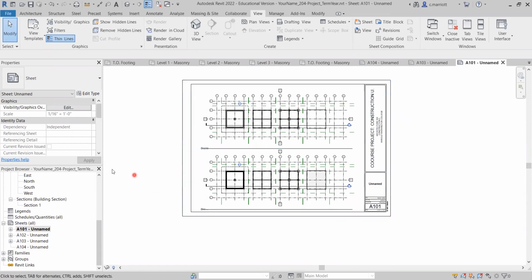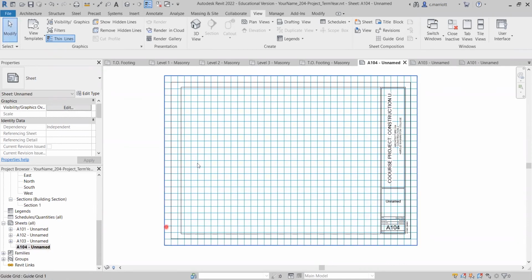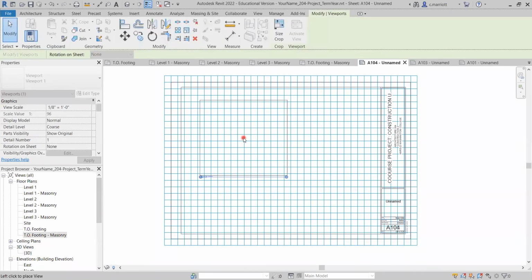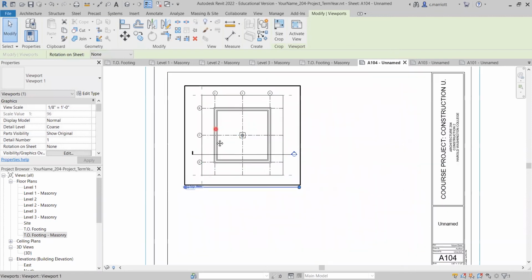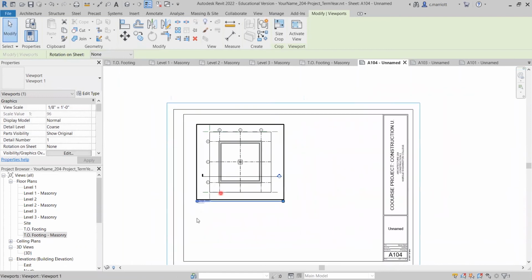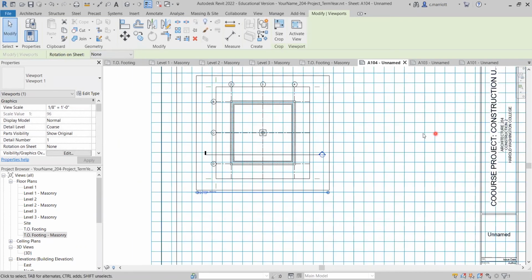But since they don't fit on the sheet, I'm going to go with the more standard left to right, top to bottom ordering of things. So it kind of really depends on the size of the drawings that you're working on. So on the top left here is going to be the call out for the foundation level. That's at this point, it's referenced as top of footing, and we may change that. And I'll just go ahead and set it down. Okay, so there's the view. So we'll have top of footing, level 1, level 2, and then what will end up being the roof plan